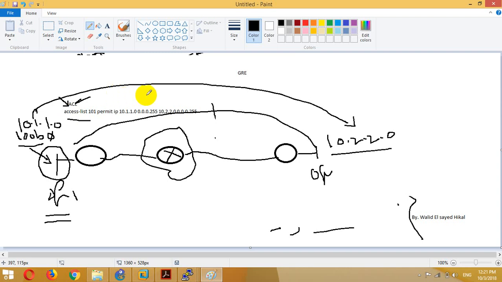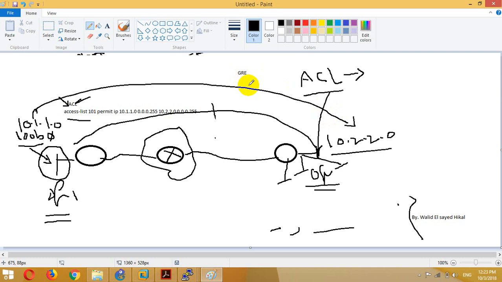In this, actually, there is a disadvantage. I want you guys to agree with me that this has a disadvantage. What is the disadvantage actually? In this way of configuring the VPN, as far as you are using ACL and writing ACL for the interesting traffic, what if I have more than one network? Maybe 100 networks located in this office, or sitting in that office. In that case, I need an ACL for each of these networks. It means that I will write a lot of access lists in order to define it in the VPN,